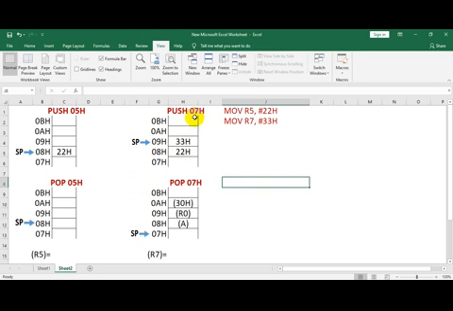I saved the contents of R7. So the top of the stack contains the contents of register R7, and this content I have to exchange with register R5.